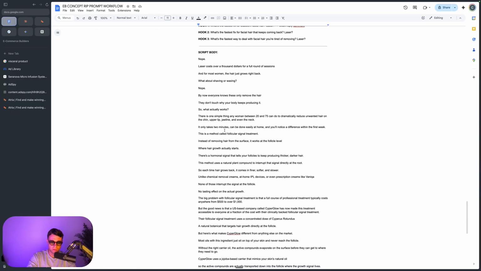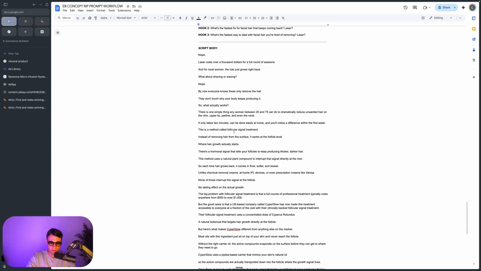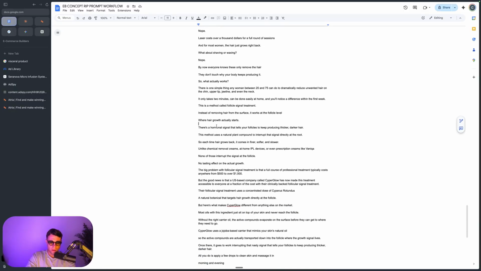So what actually works? There's one simple thing any woman between 20 and 75 can do to dramatically reduce unwanted hair on the chin, upper lip, jawline, and even the neck. It only takes 2 minutes, can be easily done at home, and you'll notice a difference within the first week. This is a method called follicular signal treatment. I'll probably change that to like follicle signal treatment. Instead of removing hair from the surface, it works at the follicle level, where hair growth actually